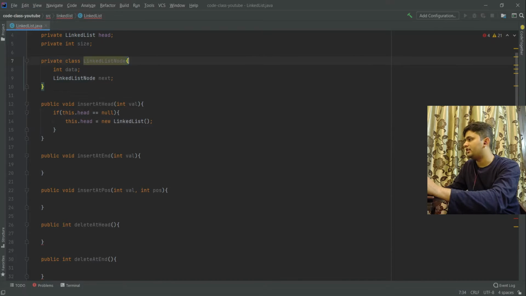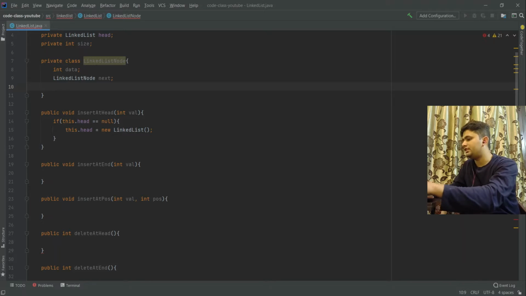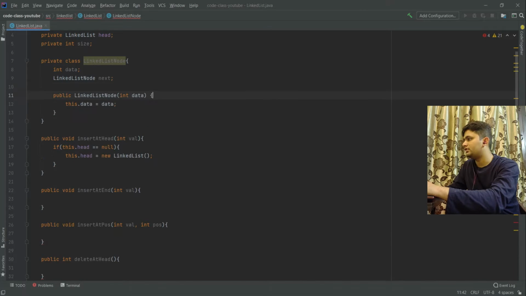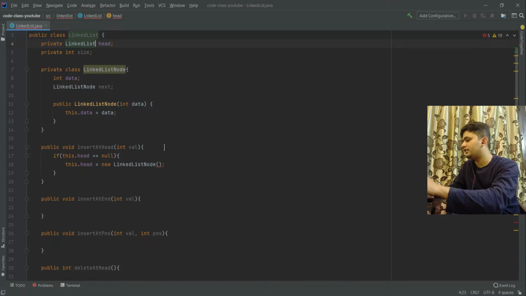Let me create a constructor of data so that it will be easier to create a new node. Now I will pass the value here.